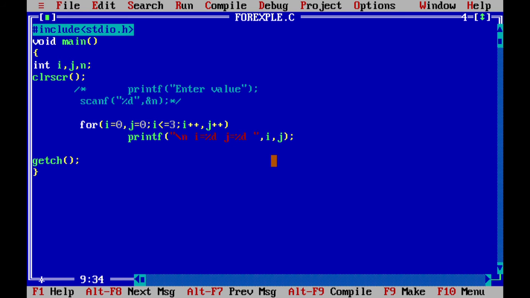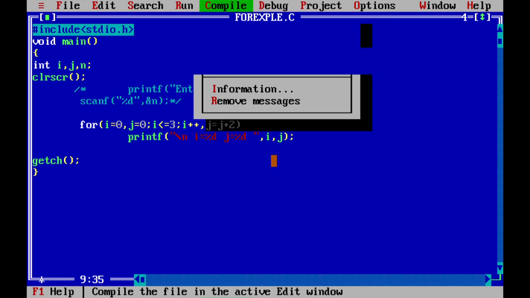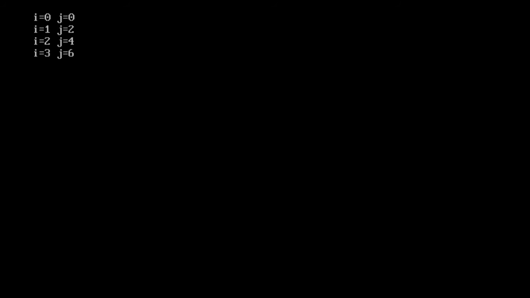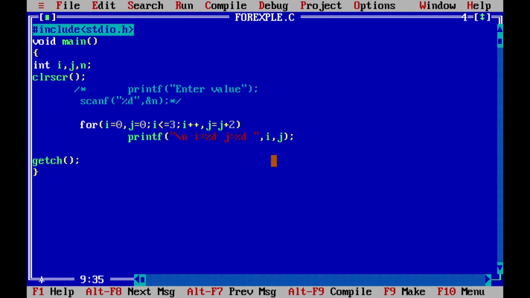But suppose I want to increment the value of j by 2. That time I can say that j is equal to j plus 2. It is possible. Just compile and execute your program. Now here you can observe that i is incremented by 1 only, but j is incremented by 2 because I said that j is equal to j plus 2.